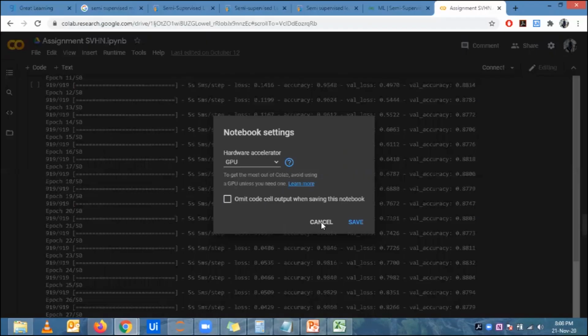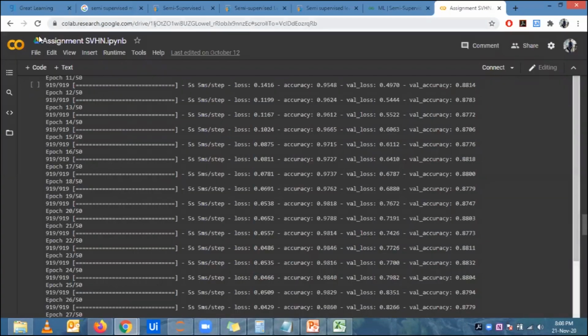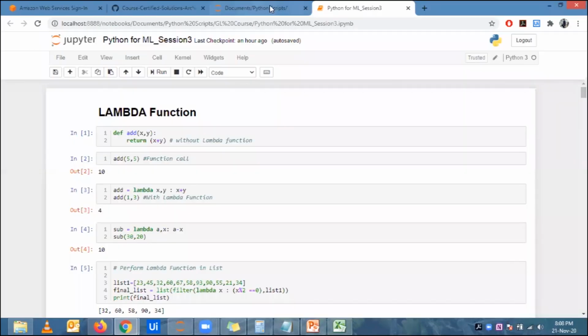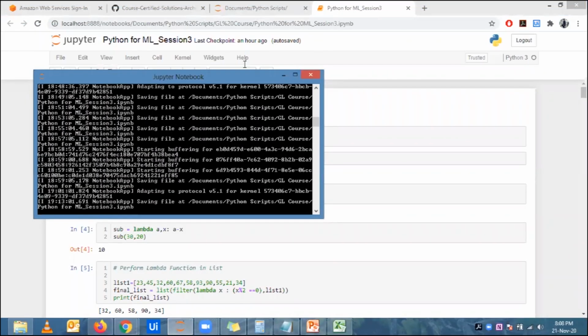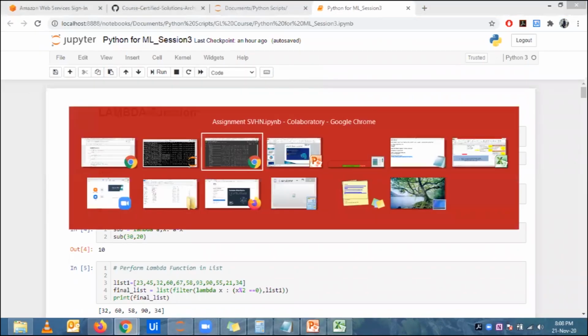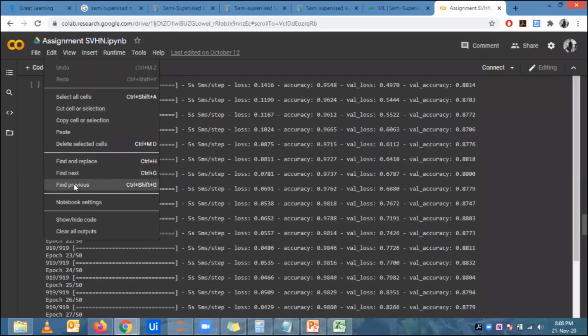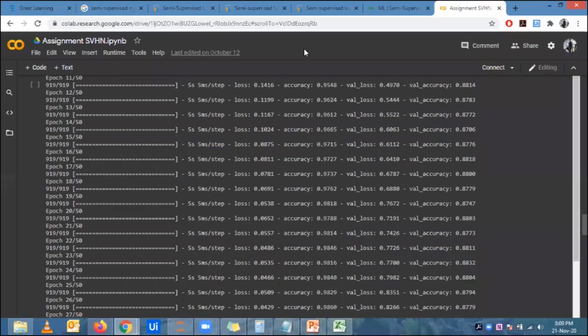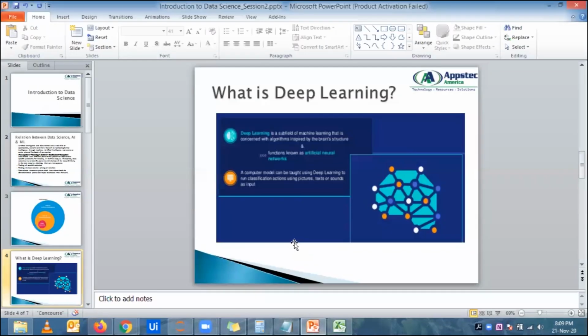This GPU is an extra hardware on which this Colab notebook is running in a Google data center. This is not possible when I run this in my Jupyter notebook, because Jupyter is running on my local system, which is hosted on my local computer. So it is not possible for me to process that much amount of data. I process it in Google Colab, where Google gives me a platform to utilize GPU and deal with this huge amount of data. Right? Okay. Coming back, any questions till now?